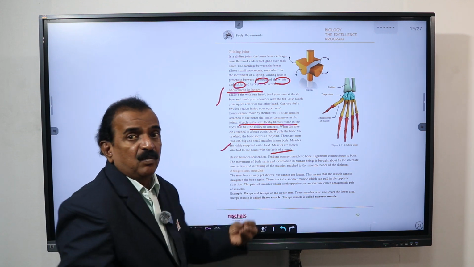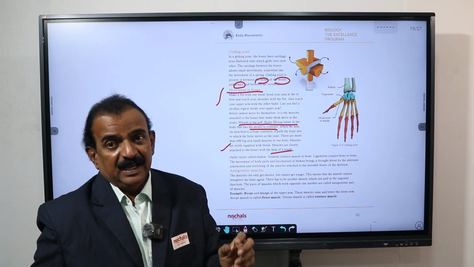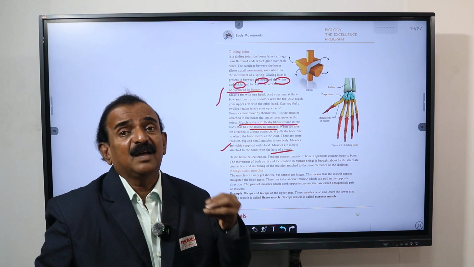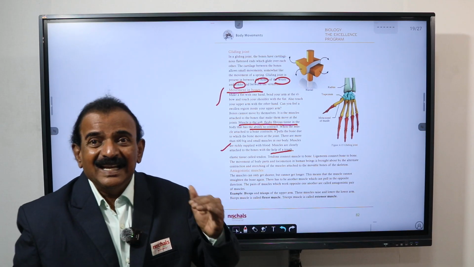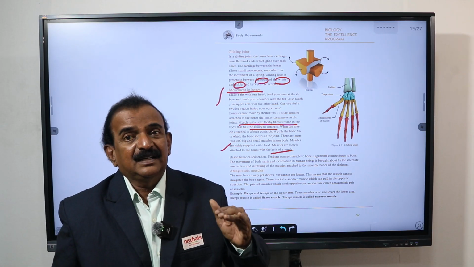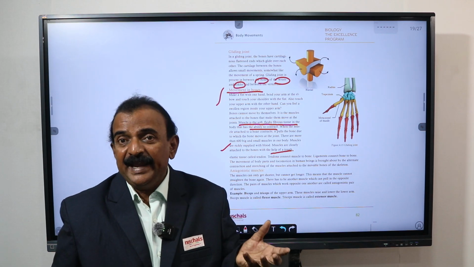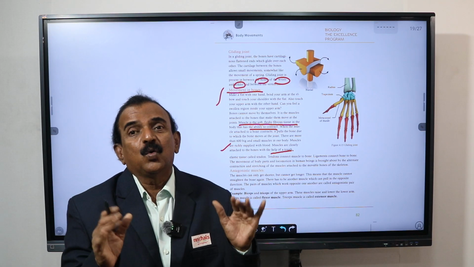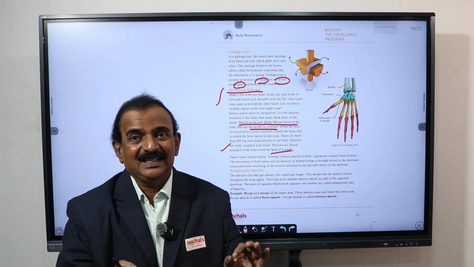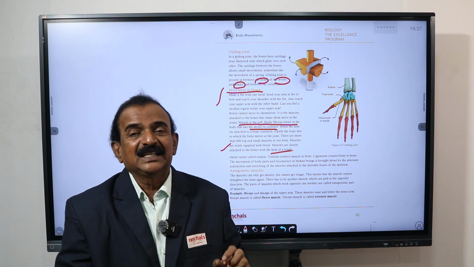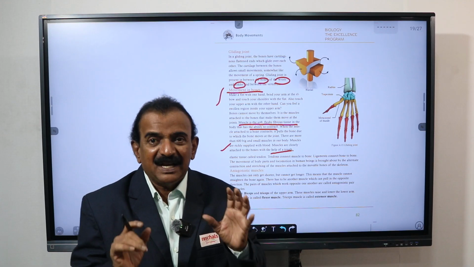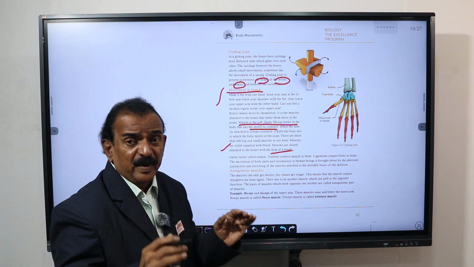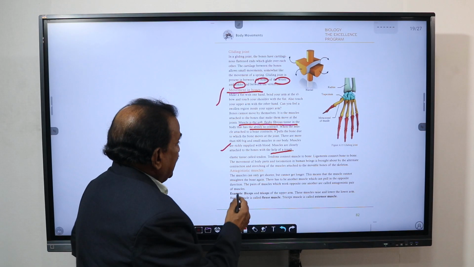In our body there are 600 muscles and bones, and some of the bones can move. They are called mobile joints, and the mobile joints are hinge joints, pivot joints, ball and socket joints, and gliding joints. They are moved by soft, fleshy, fibrous tissue-like structures called muscles, and muscles make the bones move. So all these structures are necessary for the movement of our skeleton. And now you need to understand